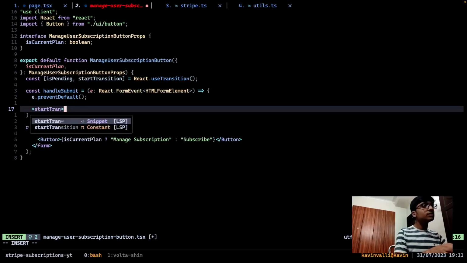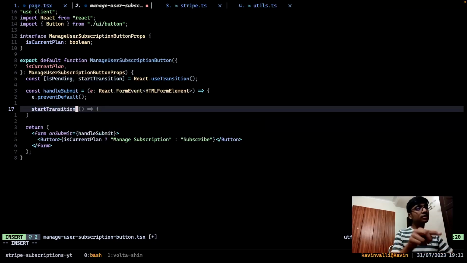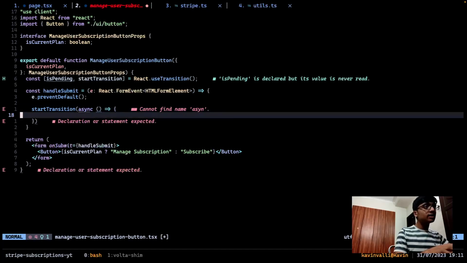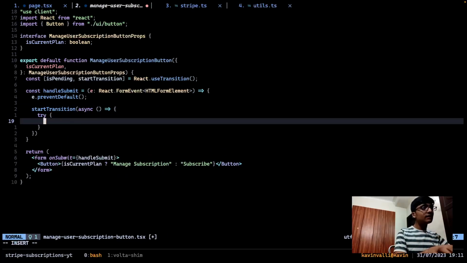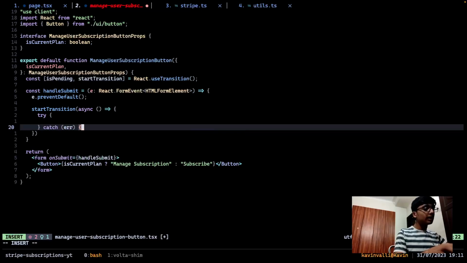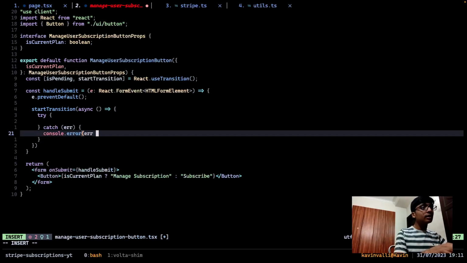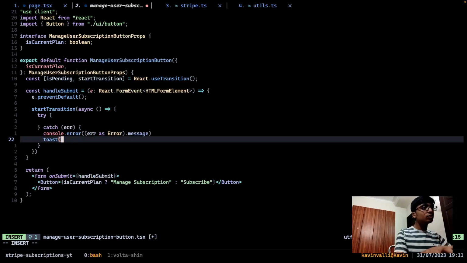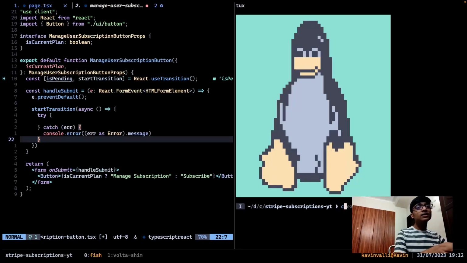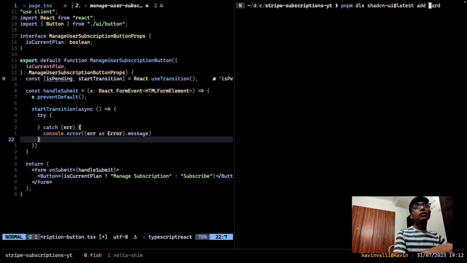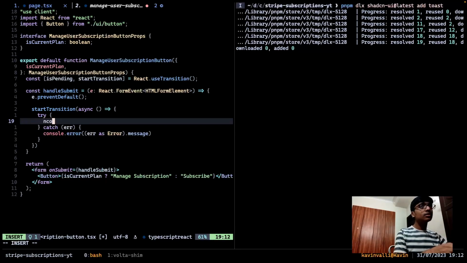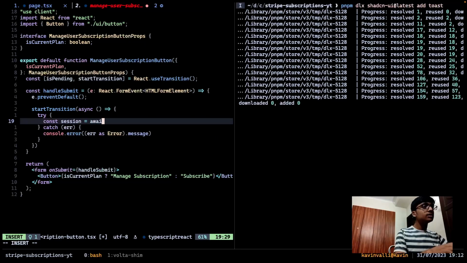Start transition basically, and everything happening inside of this, if it is already loading, then isPending will be set to true basically. So I have this, I want to set this to asynchronous. So here, let's have a try catch block. Error, console.error error as error.message, and let's toast. Okay, we want the toast as well from shadcn UI. Let's do that in a second, but till that happens, let's get the const session equal to await